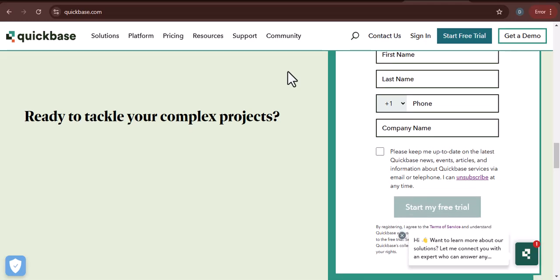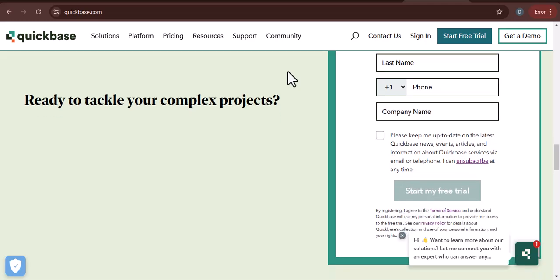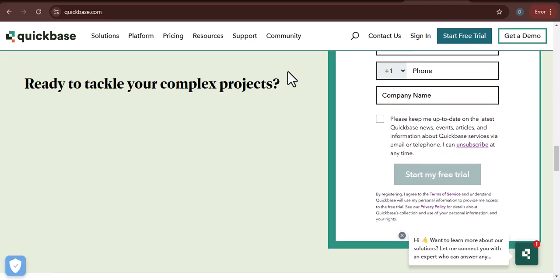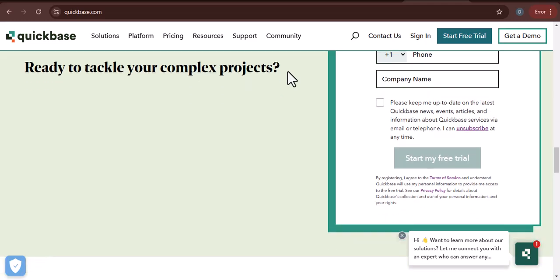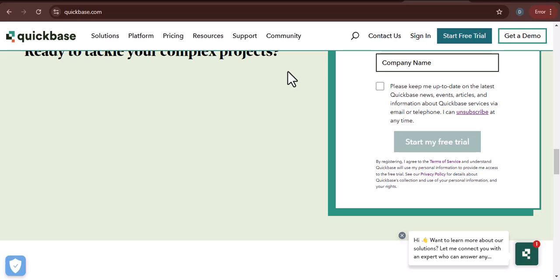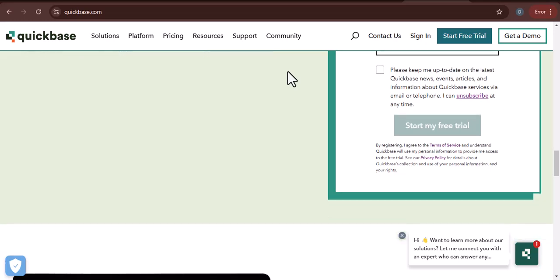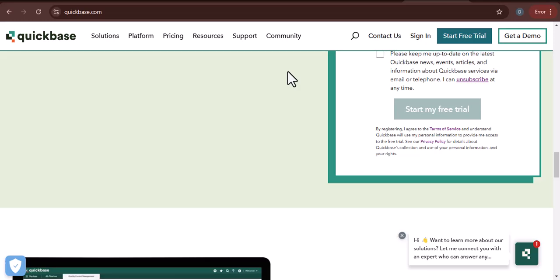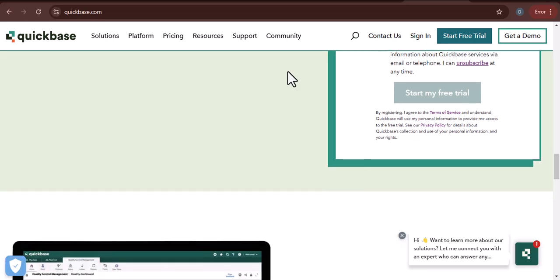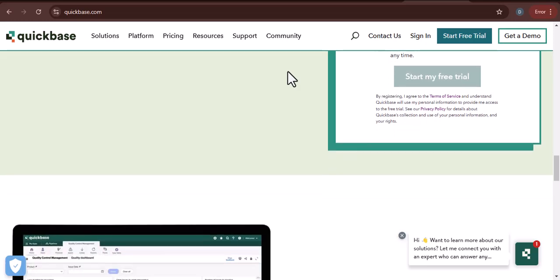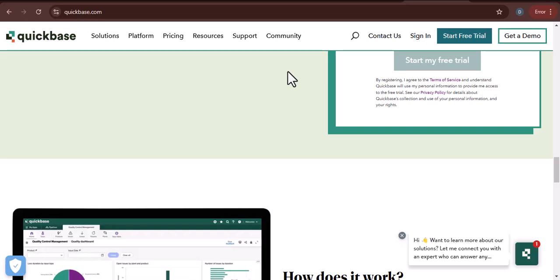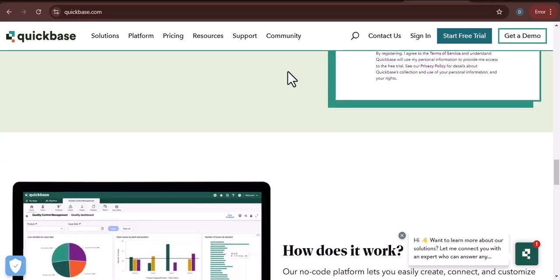Quickbase is a powerful platform that can be a great asset to businesses of all sizes. However, it's important to weigh the advantages and disadvantages carefully before making a decision. If you're looking for a cost-effective and easy-to-use solution for managing your business data, Quickbase may be a good option for you. However, if you need a more scalable and customizable solution, you may want to